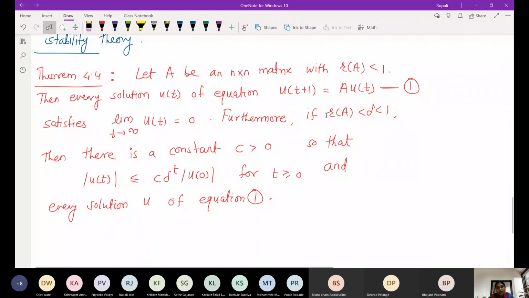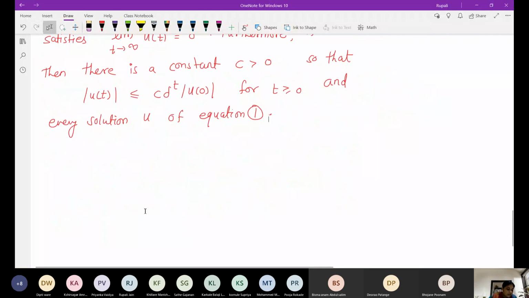So now we have to show here that R(A) is less than delta less than 1. Then we want to show there exists a constant c. So for that we will fix delta so that the spectral radius of A is strictly less than delta, strictly less than 1. Now what is the solution of 4.4? Either A raised to t u0 or lambda raised to t u0. If it is not, then in any case we can use the Putzer algorithm, right? By the Putzer algorithm,